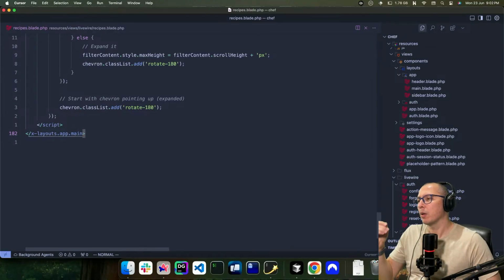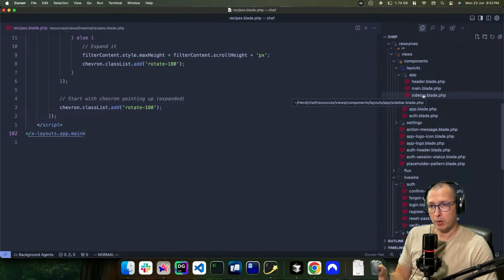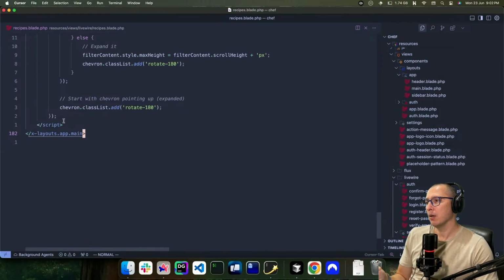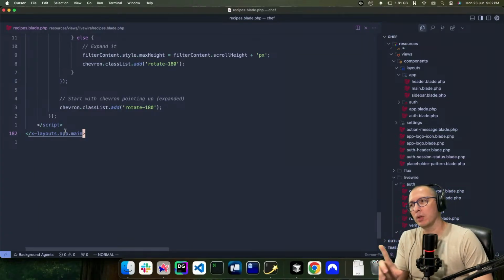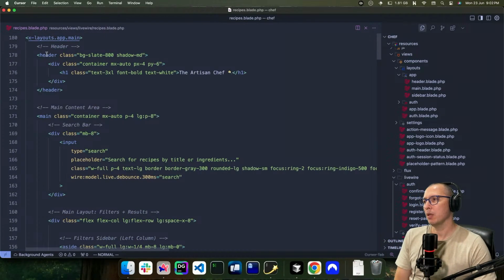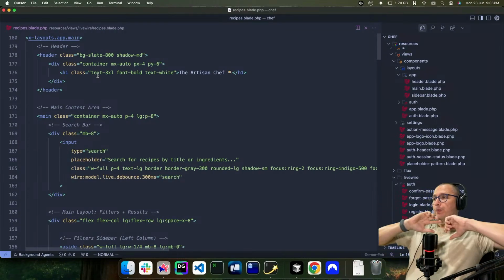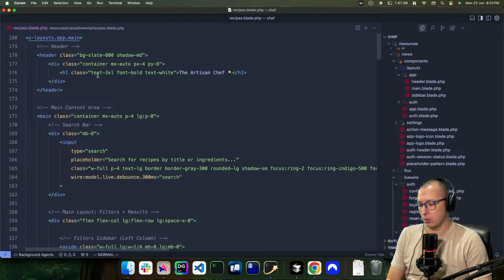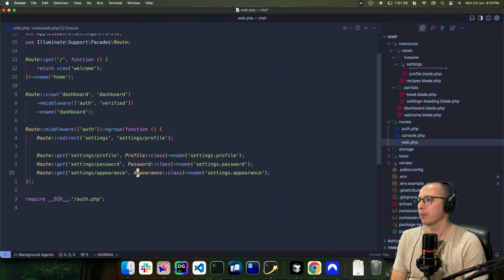All right, that's over. I realized that if I want this to work, this sidebar is a blade component inside layouts app. So I need everything inside here to be contained by that component. So that slot in that component is replaced by everything inside here. It should work technically. I guess the best way to try that out is going to web.php.